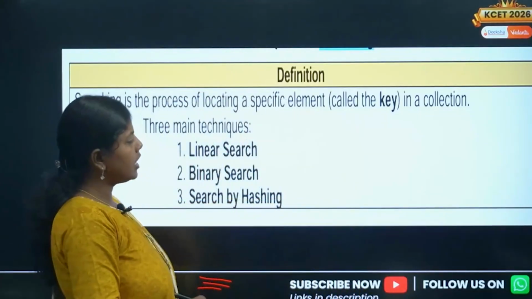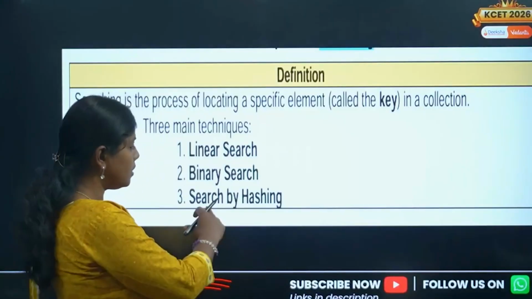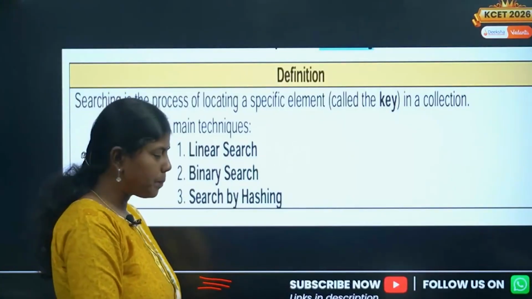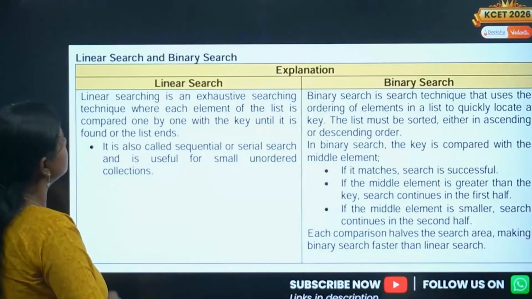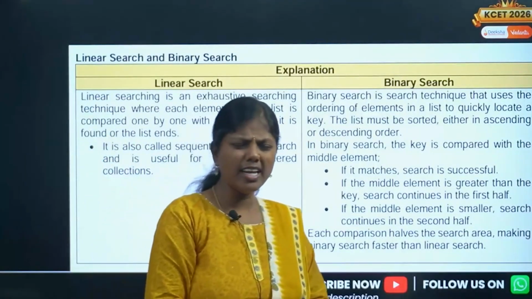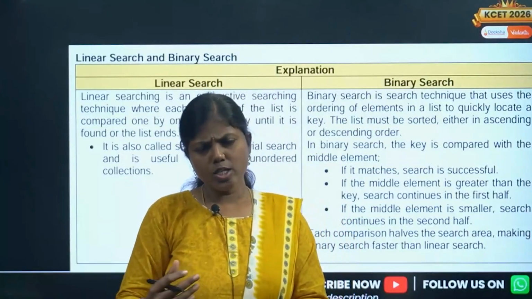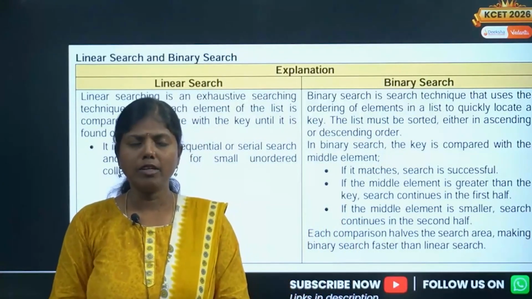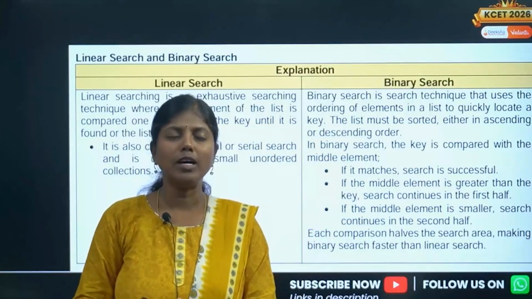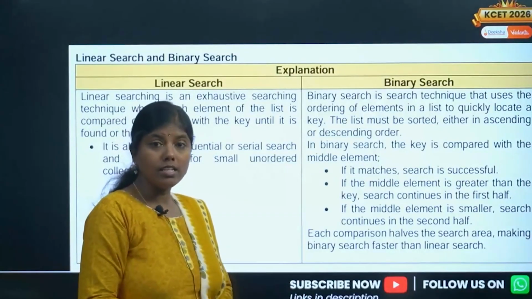And there are three types of search. One is called the linear search, binary search, and one more is the search by hashing technique. Okay, so we'll continue with the next slide. So that's going to be a linear search. And of course, this chapter is all about search and how exactly it works. So we'll take up one at a time. So we'll understand what is a linear search.